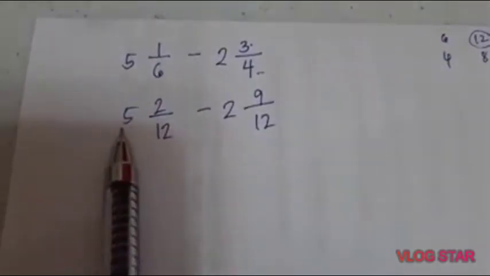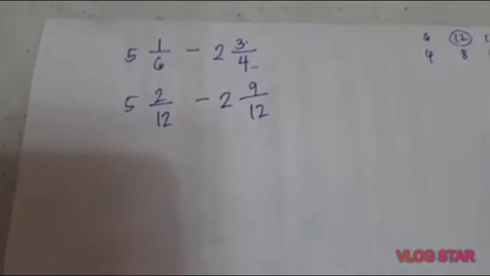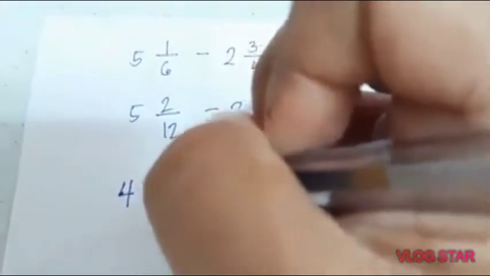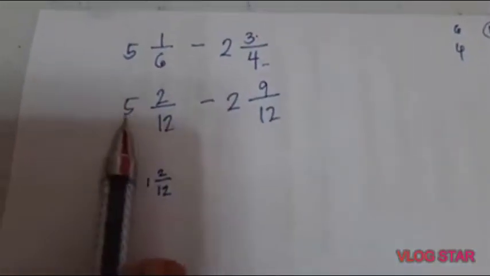Since we have here a whole number 5, you will have to borrow 1 from 5. 5 will become 4. And the 1 here will be combined with 2/12. Okay? You borrow from 5. 5 becomes